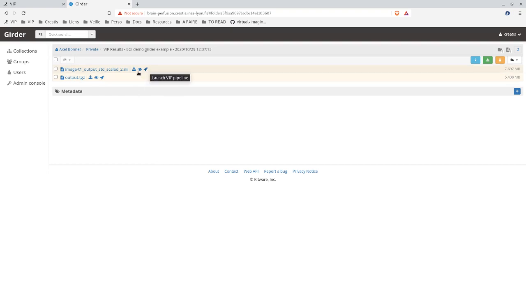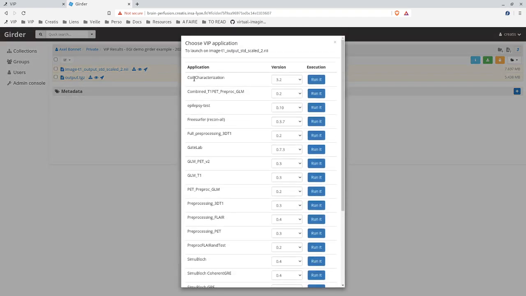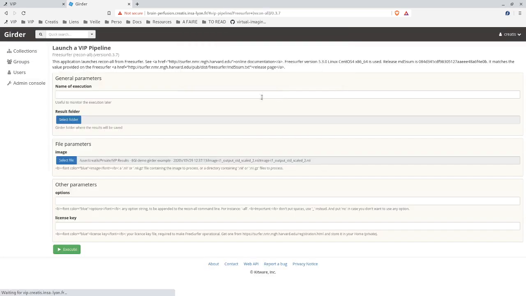You can notice there is a rocket button near each file. This is also a button added by the VIP plugin that allows launching a VIP execution with the chosen file as input. So in this example, you can see the file I selected is already present in this launch form.